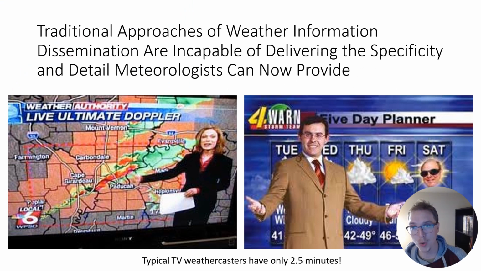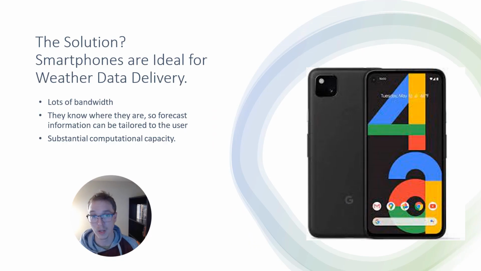The traditional approach of weather information dissemination is kind of incapable of delivering what we need and how we can now provide it. Typically, TV weathercasters have about 2.5 minutes to convey their forecast. But some places, like smartphones, for example, are really an ideal solution for disseminating this data. They have a lot of bandwidth. They know where they are, so forecast information can be tailored to the specific user, and there's a pretty substantial